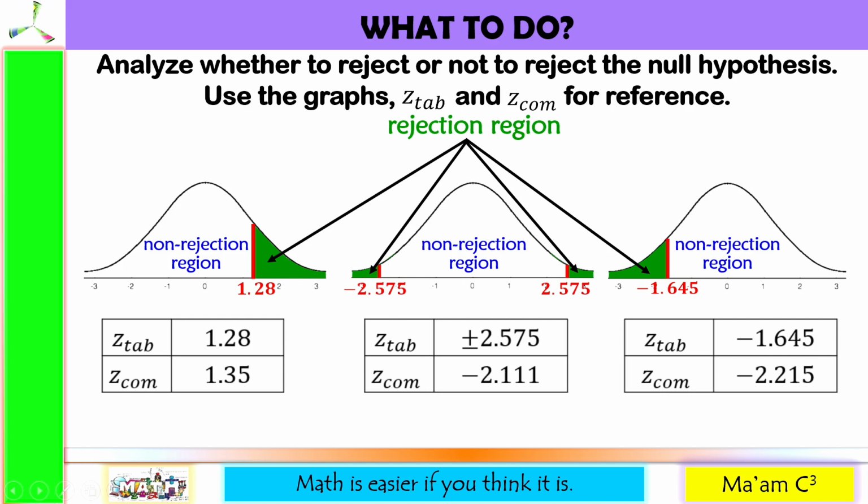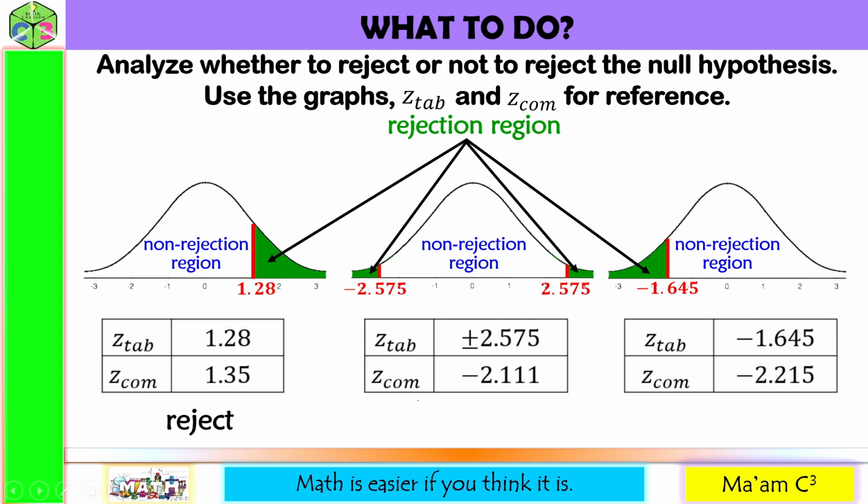Our z-tab or critical value is 1.28. Our z-com or computed value is 1.35. And 1.35 lies to the right of the critical value, and it falls within the rejection region, so our decision is to reject. Number 2, our critical values are positive and negative